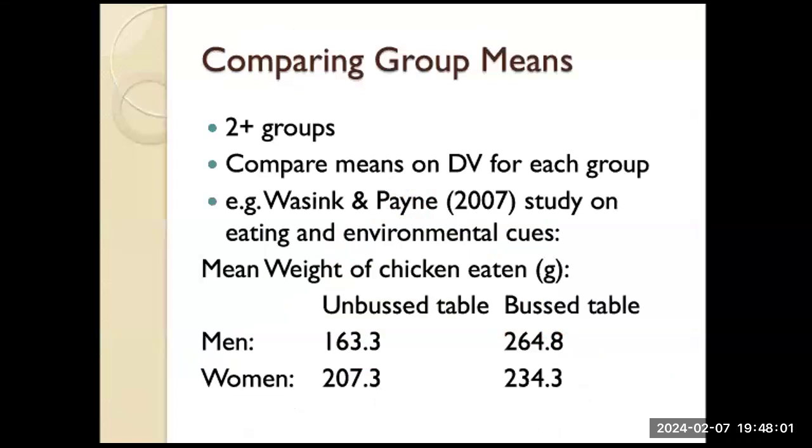Okay, so when we talk about comparing group means, we're looking at two different groups. A lot of times, many studies like to look at gender differences. Are male-identified different from those who are female-identified? When we're comparing group means, we're comparing the means of the dependent variable for each group, right? For an example, there was a study Wansink and Payne did in 2007, and they were looking at the impact